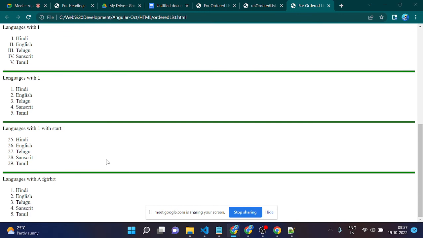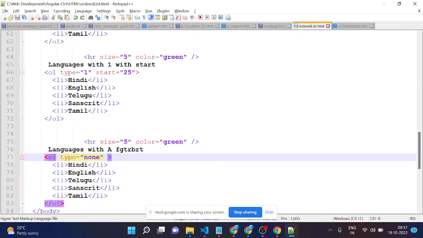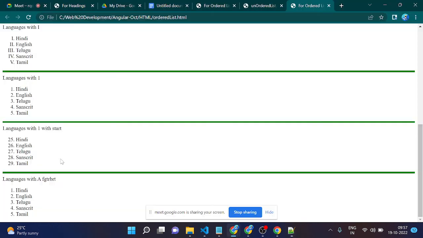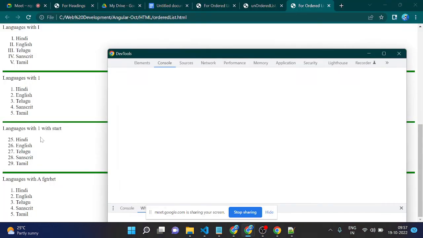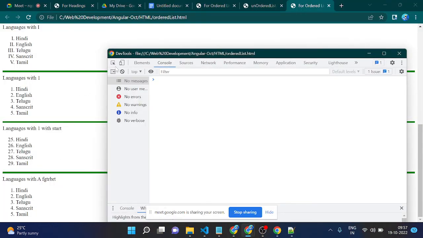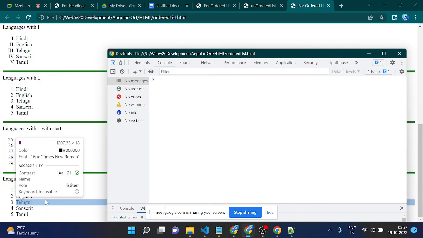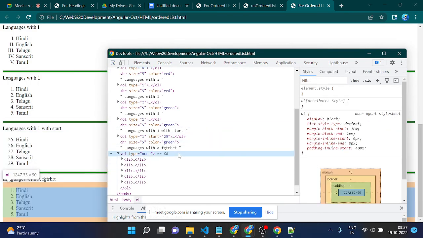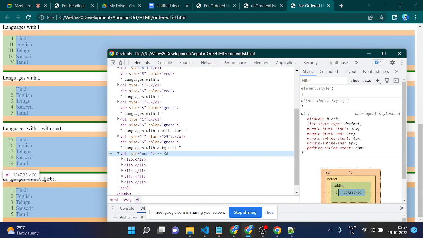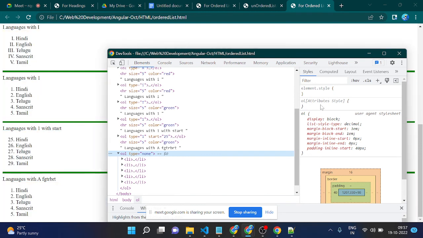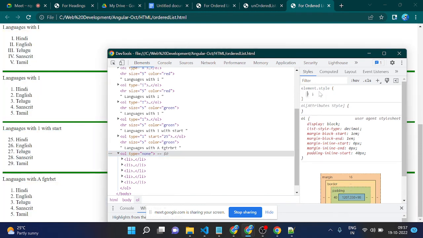But in the CSS property we have list style type as none, so that with the help of CSS we can hide the markers that are coming, right? In the other list, it's automatically provided. If you see now, type is not getting considered, so it's automatically taking the default. In the CSS we have something like